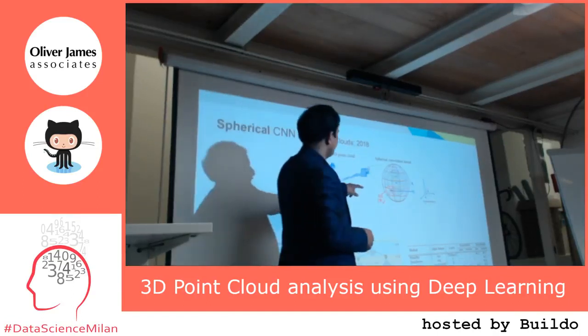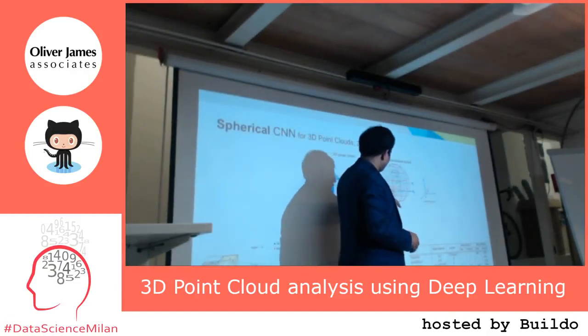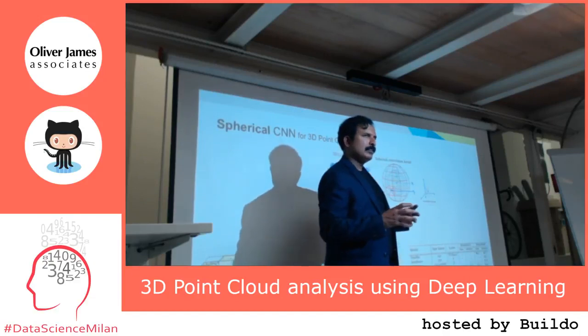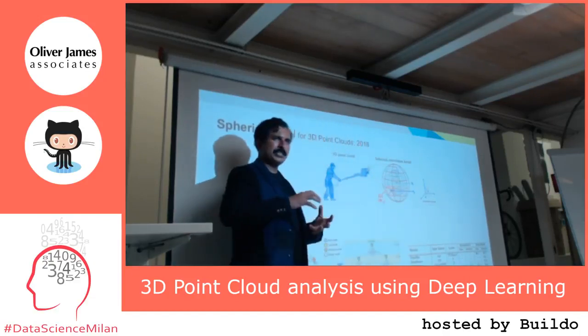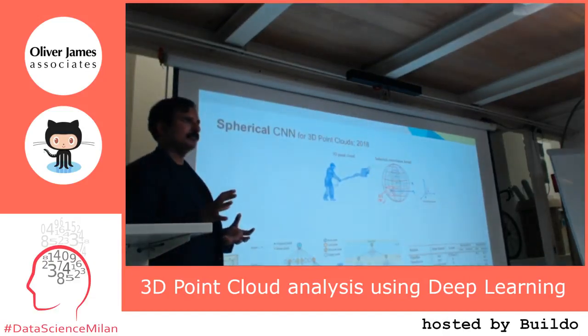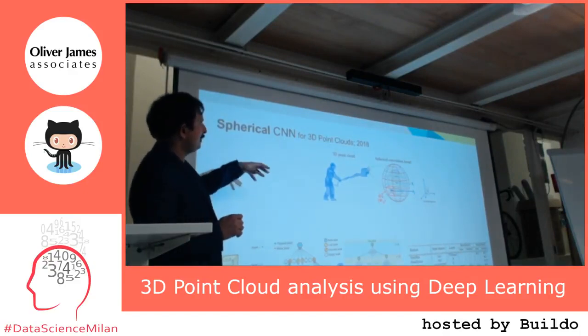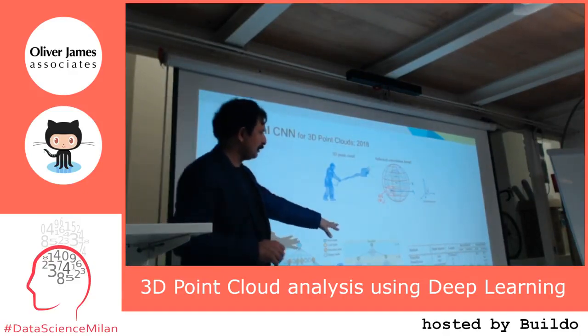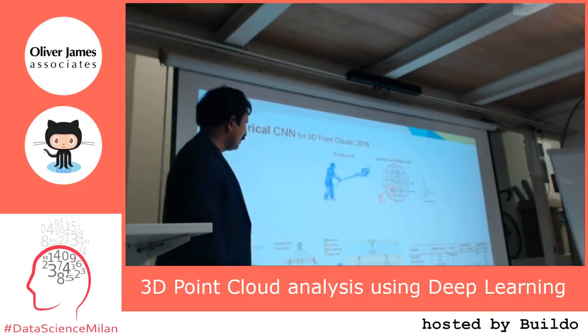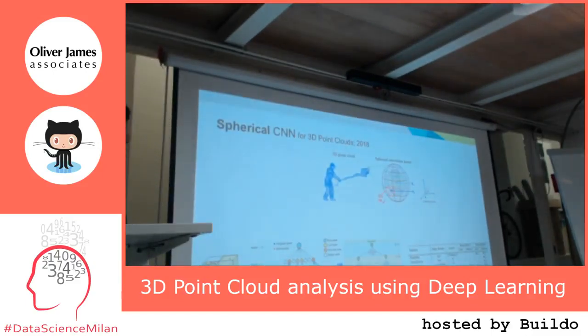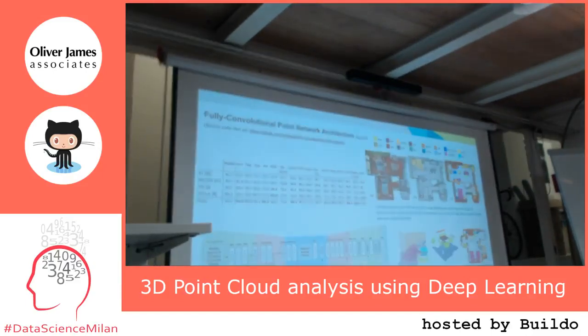If you see, you have the entire image and you have a spherical convolutional kernel which actually convolves on the image. Spherical CNN was published. I think even though it shows good results, I have not seen too many people using it. That's one differentiation.